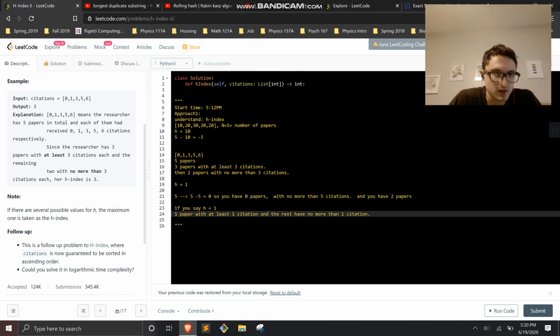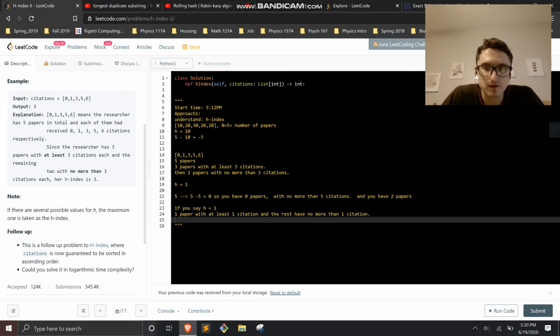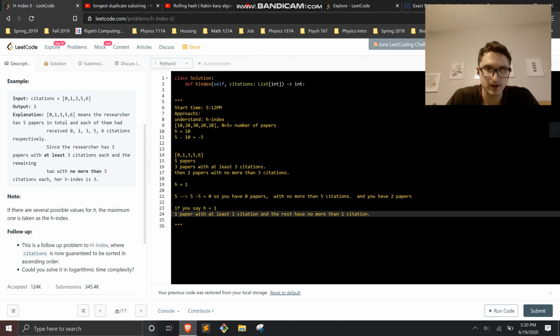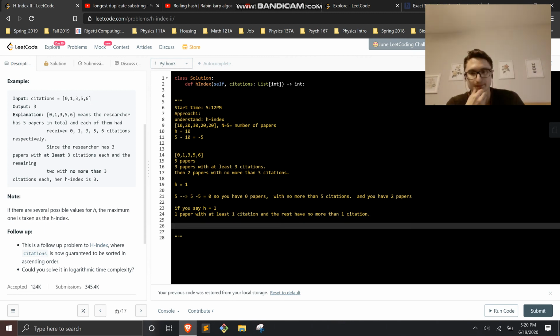this is a follow-up problem to H index, where citations is now guaranteed to be sorted in ascending order. Could you solve it in logarithmic time complexity? So that might help. So okay, first off, what's my initial strategy? Okay, so what I need to consider is,